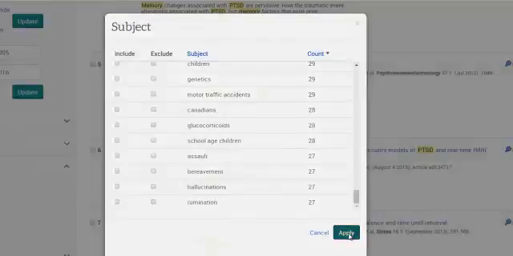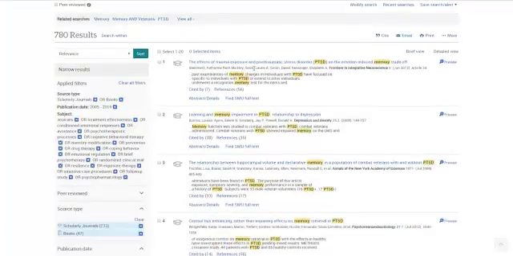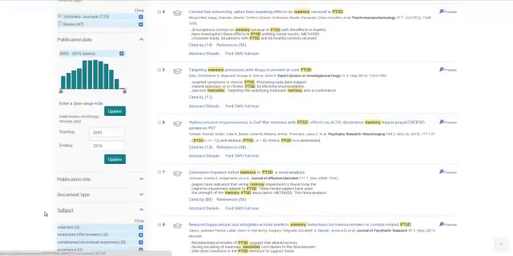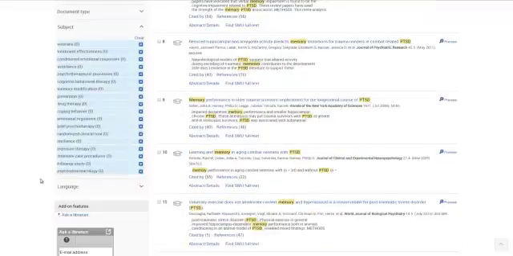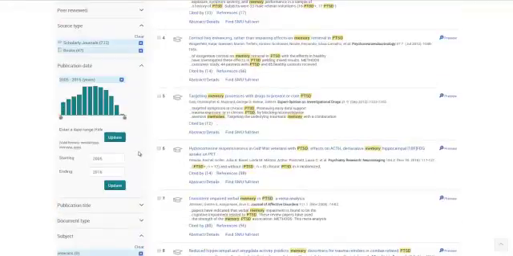Okay, so let's go ahead and apply all of these filters. All right, that takes us down to about 780 results. So that's a much more manageable number of results. And even within this, we could possibly do another round of filtering. It looks like that's pretty close there. So from this point, then,